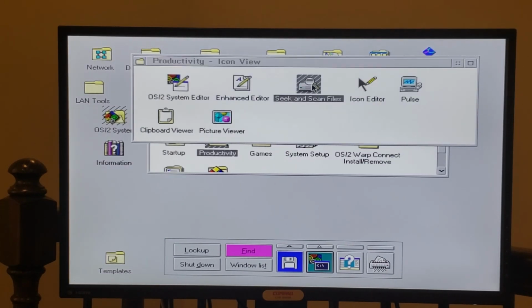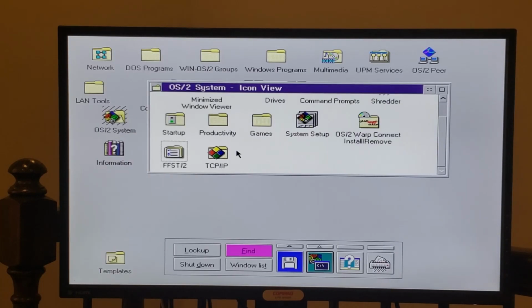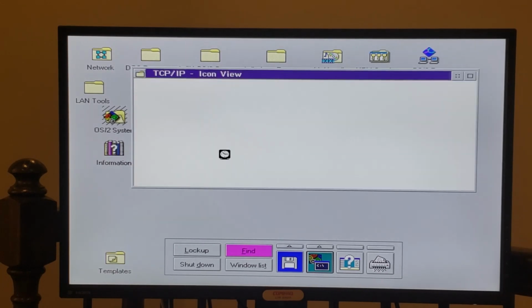You can also seek and scan files. I guess if you're trying to find a certain file or a file with certain text in it, that can come in really handy, if you're trying to find a configuration file or some file you've edited. So that's really nice. And finally, in the OS/2 System menu, of most interest to me is this TCP/IP group,